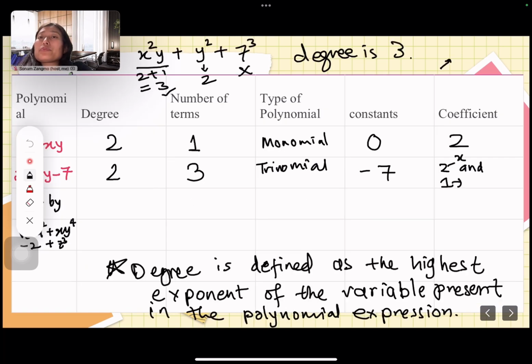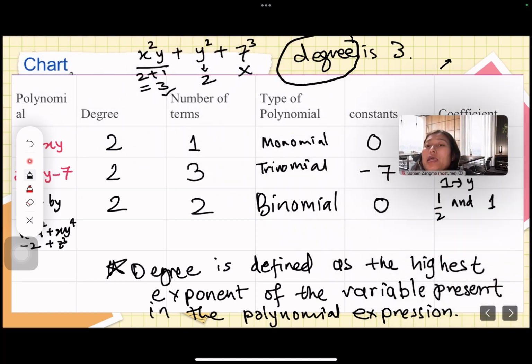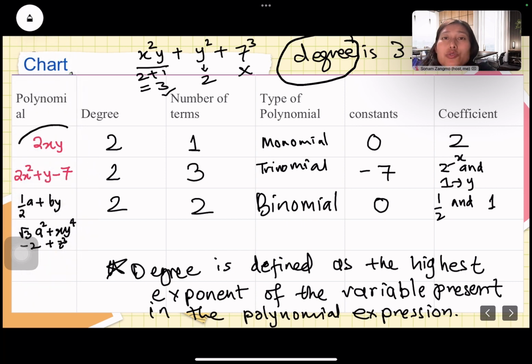Now we have an example here. We have a new term here, that's degree. Now what is degree? Degree is defined as the highest exponent of the variable present in the polynomial expression. Now in this case, 2xy